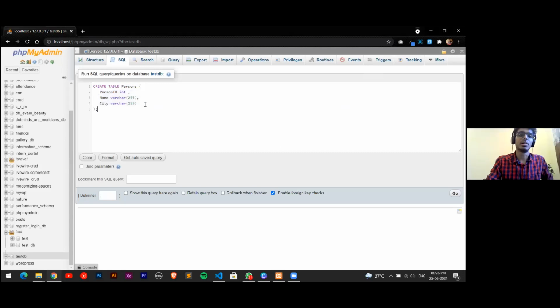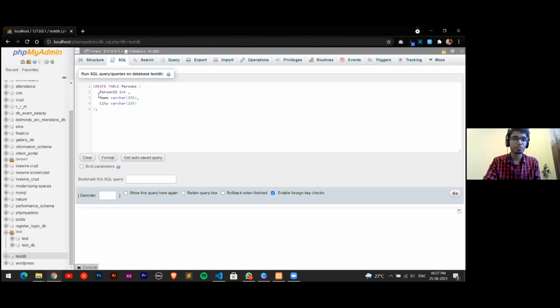Okay, cool. So I want to create a persons table with these three columns. I want person ID, which is the name of our first column. If you understand the chain, it is a database first, inside that database we have tables, and inside those tables we have columns. It is the general view that we have of tables, as rows and columns. So we have a database, a couple of tables, and inside each table we have our columns.